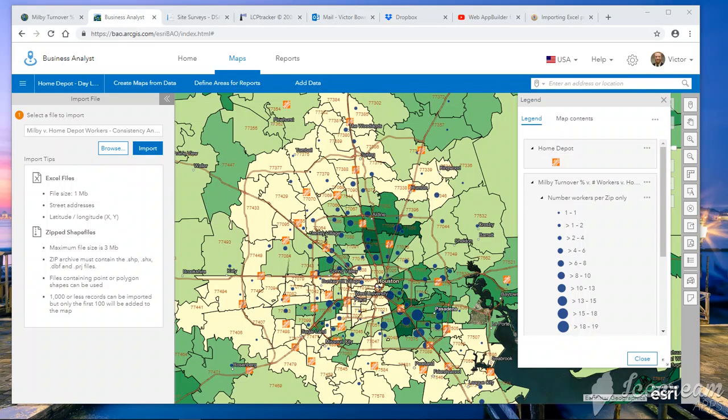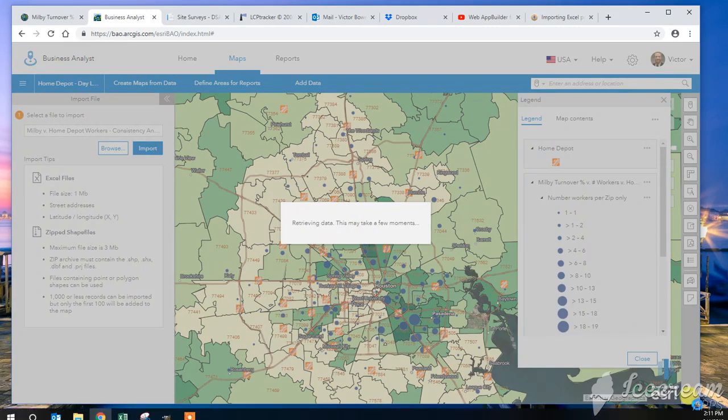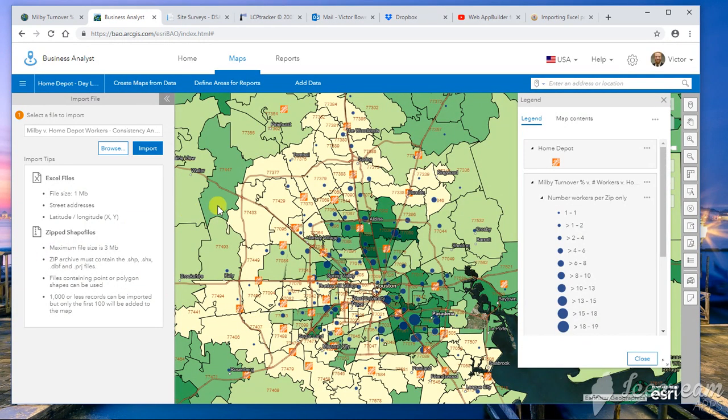Okay, so what we want to do is create our own icons here, and this is a tutorial on how to do that. I already have the Home Depots on here and the number of workers. What I want to do is put my subs on the map and have each one of them a different